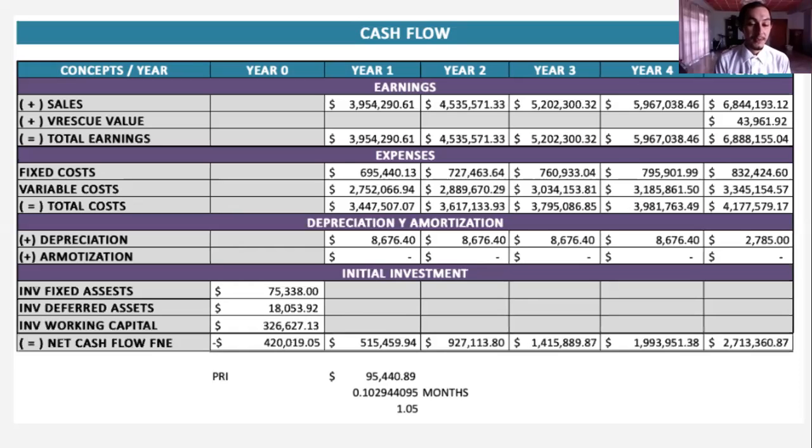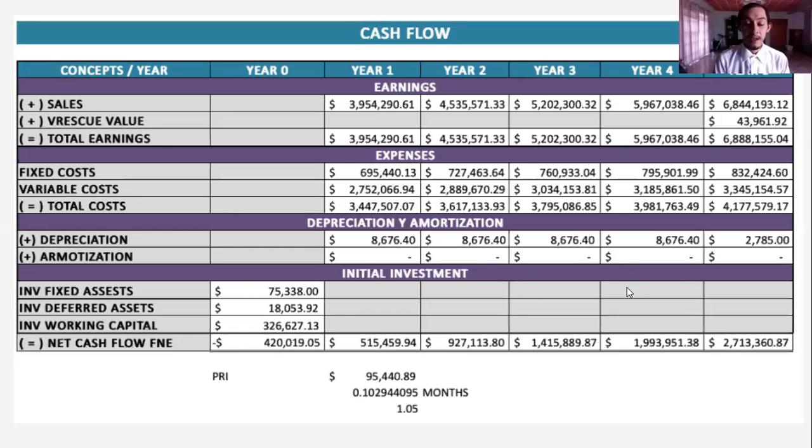420,019 pesos and 5 cents. Then the first year, that incremented to a total of 515,459 with 94 cents. The second year, it increased to 927,113 and 80 cents. And the third year, it increased to 1,415,889 and 87 cents. The fourth year, it increased to 1,993,951 and 38 cents. And the fifth year, it concluded to